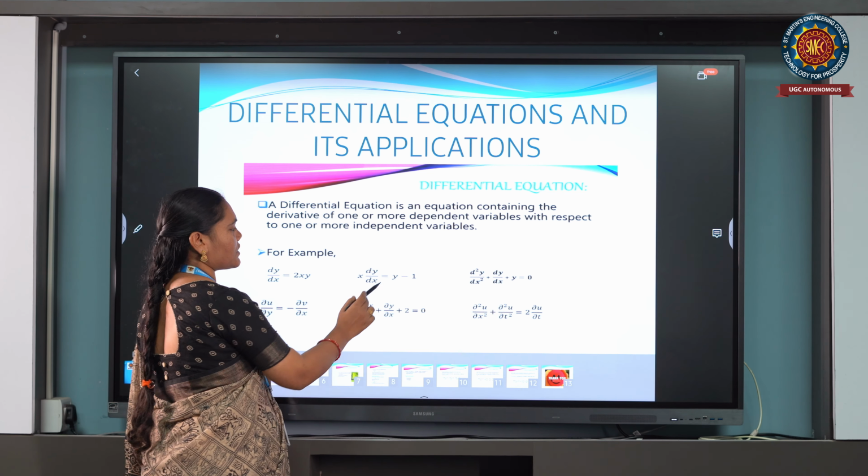See, it is in the form of a formula we know very well: integration 1 by x dx is equal to log x. So by using this formula, we can write integration 1 by 1 minus y dy